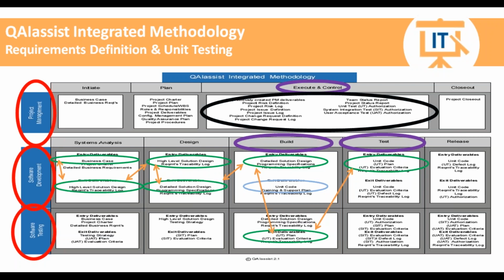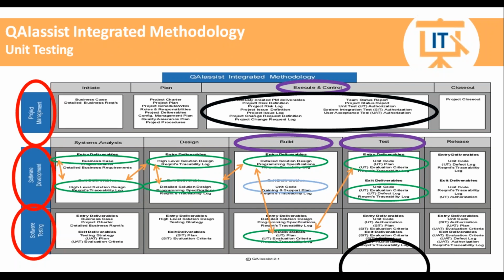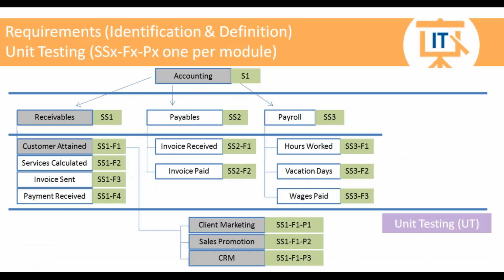And we're going to go through iterations, 1, 2, 10, however many it takes, until all of this evaluation criteria of all of the programs or modules are completed. And eventually we are going to get to a point, be it one iteration of unit testing, in which we do all of the unit testing for each program using our unit test plans and our evaluation criteria. We document things or hiccups in the defect log, and until we have it all completed, we can then authorize it.